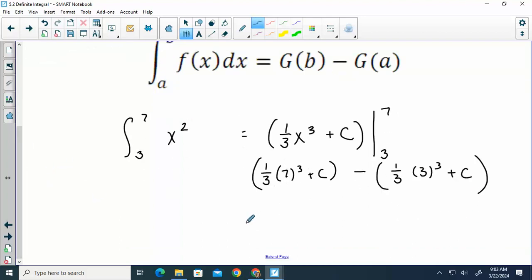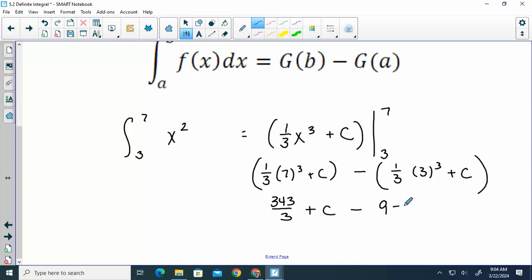All right, 1/3 times 7 cubed. 7 to the 3rd is 343 over 3 plus c